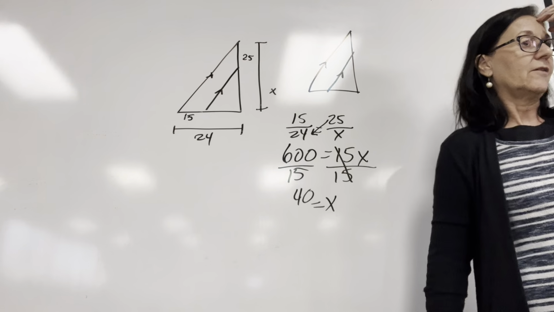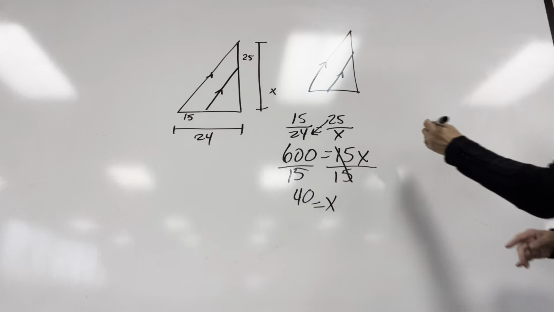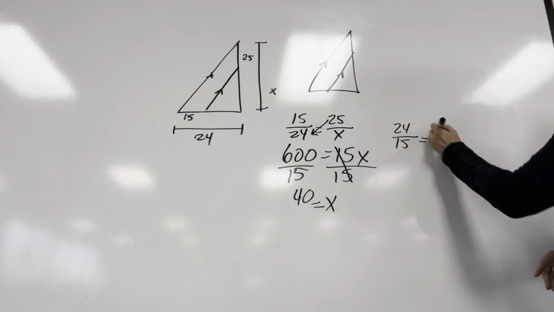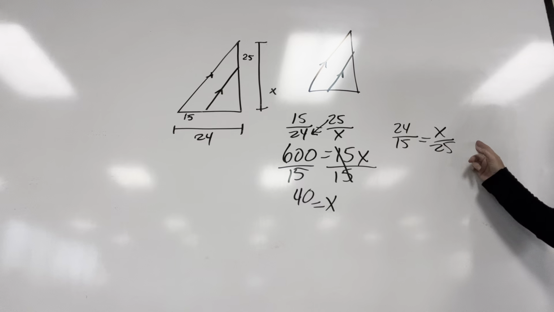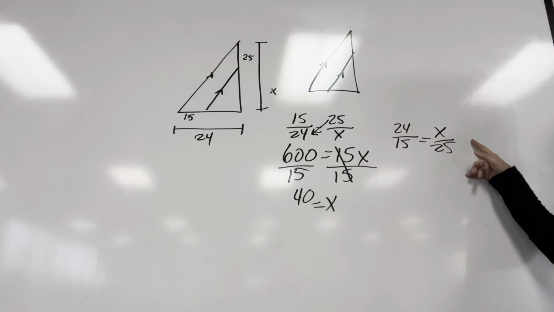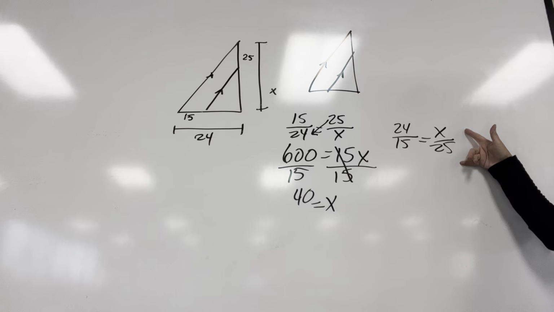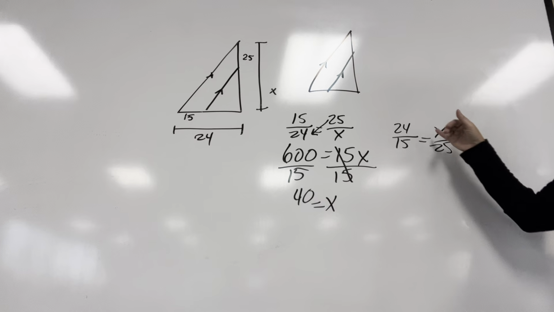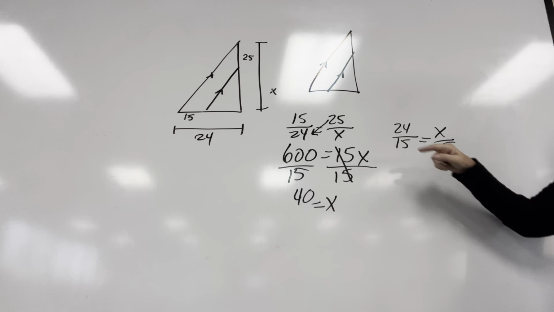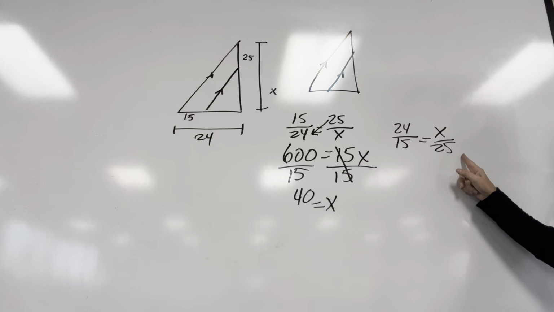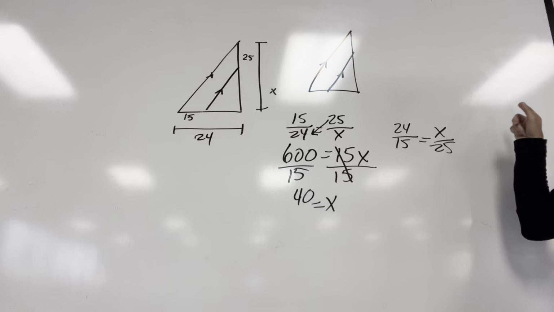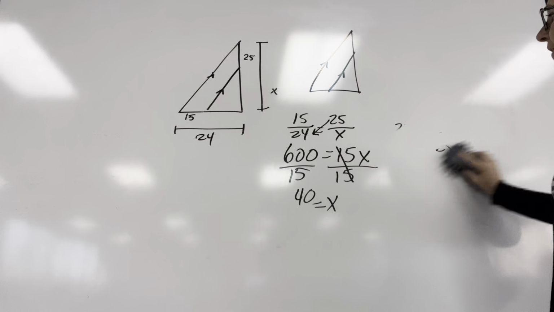Here's one thing I need you guys to know. Look, it doesn't matter if I do 24 over 15 equals x over 25. Do y'all see this? Why does this matter? What have I done to get from here to here? I just took the inverse of both, right? Am I still multiplying 24 by 25? Yes. Am I still multiplying 15 by x? Okay. What matters is,